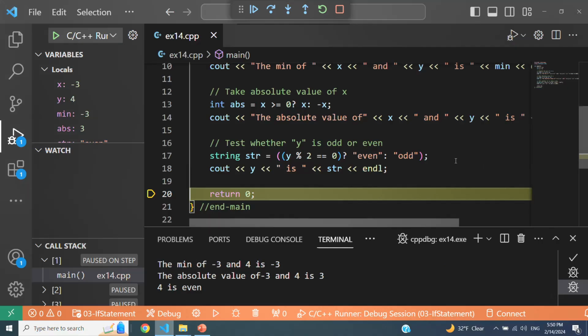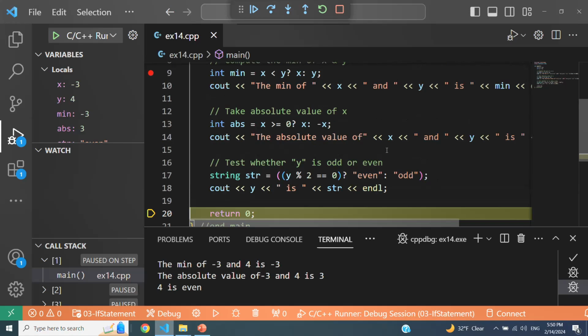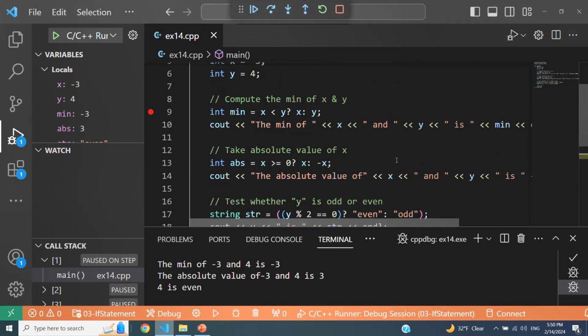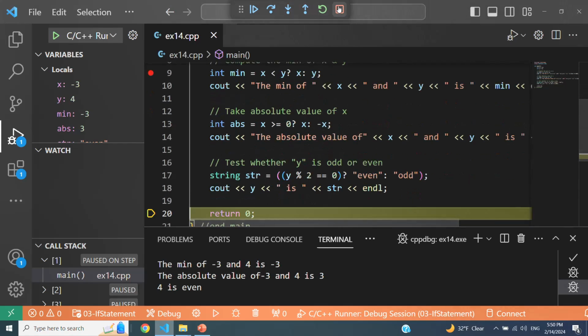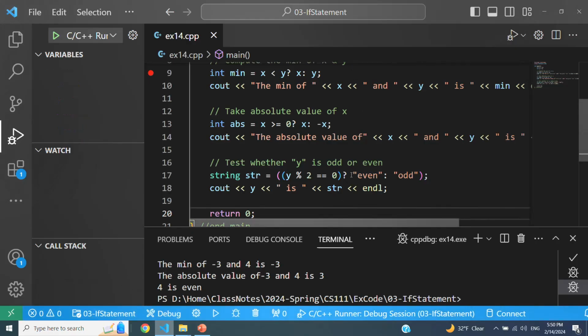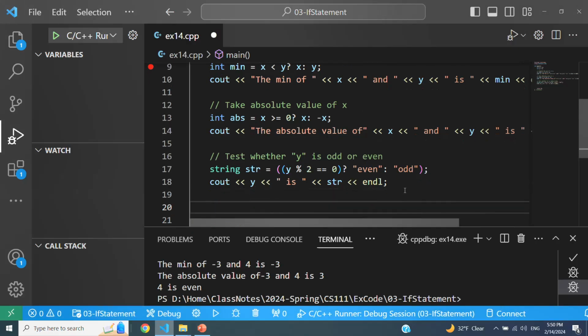So basically, when you have these kinds of if-else statements, where you're evaluating an expression, something like this, the absolute value, the even, odd, the minimum, the maximum, then you would write these expressions using the ternary operator rather than an if-else statement. So let me do another example, a last example.